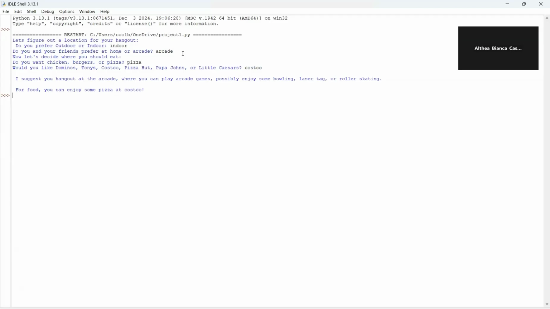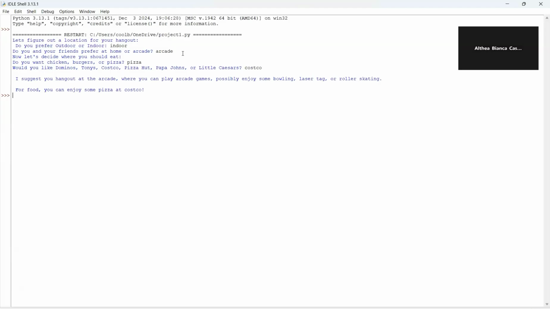As we want, the program gives out the result of an output based on our previous responses, which is I suggest you hang out at an arcade where you can play arcade games, which is from the activity, and possibly bowling, laser tag, or roller skating, which is based off the location our user picked, which is the arcade.